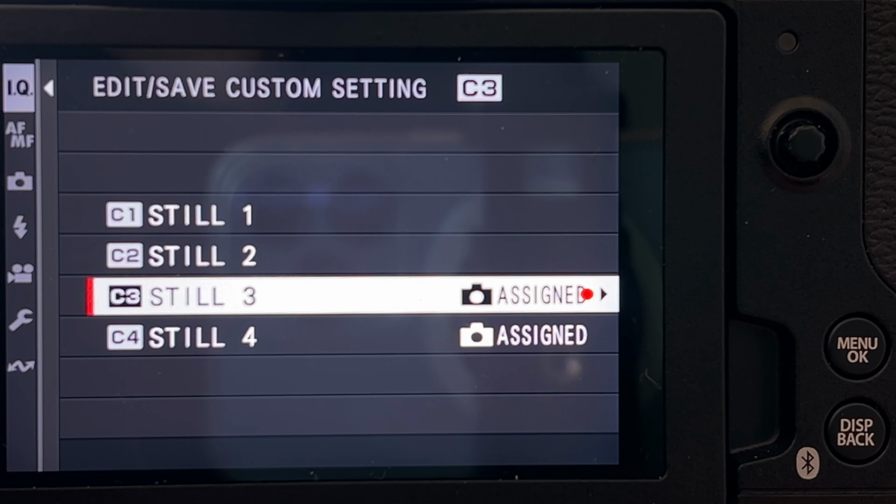They should be showing you the movie icon next to those because that is what they are set up for. But the name says Still 1 and Still 2. So basically it says, I've got the Still 1 settings, but it is not assigned for stills. So it's assigned for something else. It just doesn't tell you that it's assigned for video. But of course, you only have 2 options, so you have to assume the other one is the video. But this is very confusing, and I found this difficult to remember where to come in to change these things,